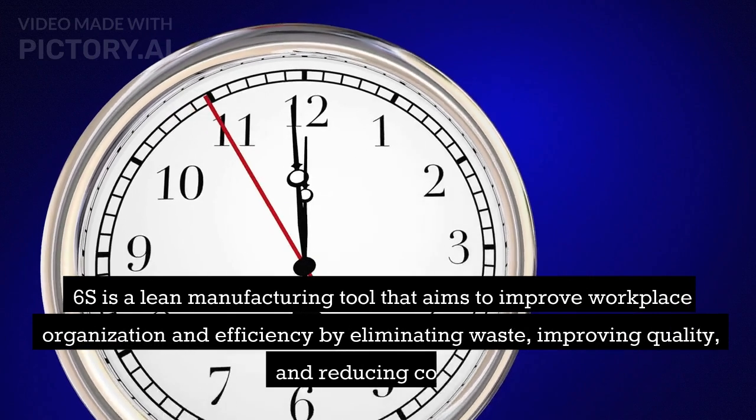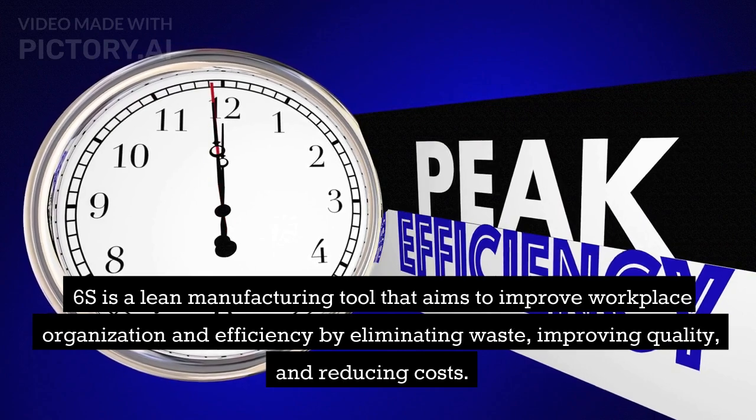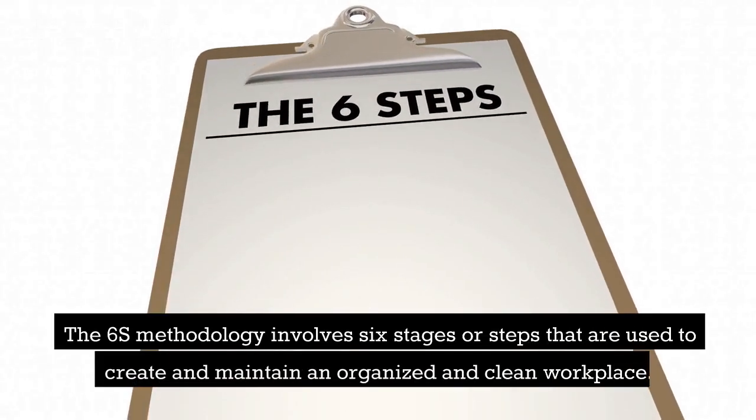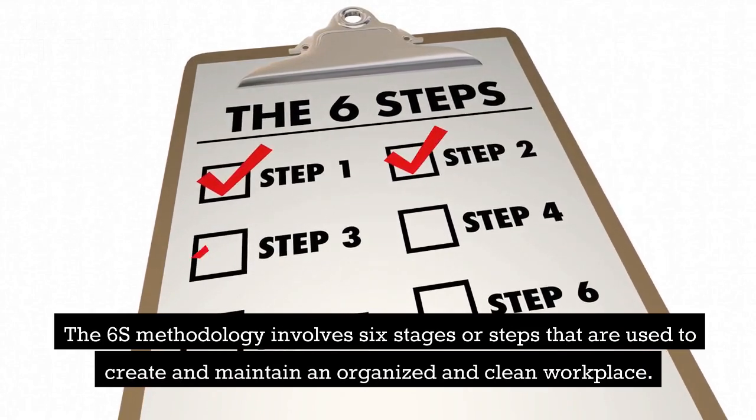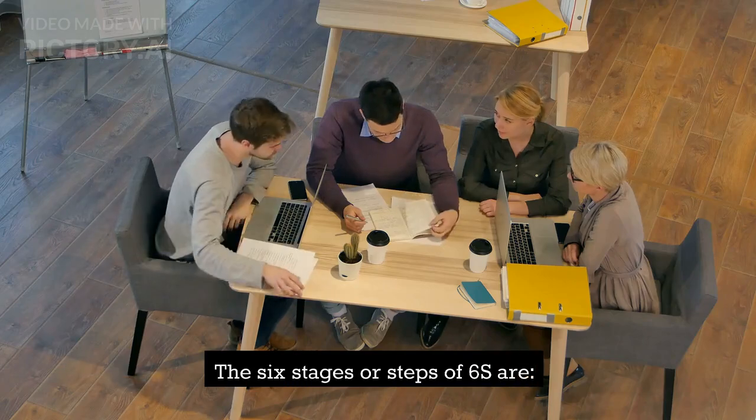6S is a lean manufacturing tool that aims to improve workplace organization and efficiency by eliminating waste, improving quality, and reducing costs. The 6S methodology involves 6 stages or steps that are used to create and maintain an organized and clean workplace. The 6 stages or steps of 6S are: